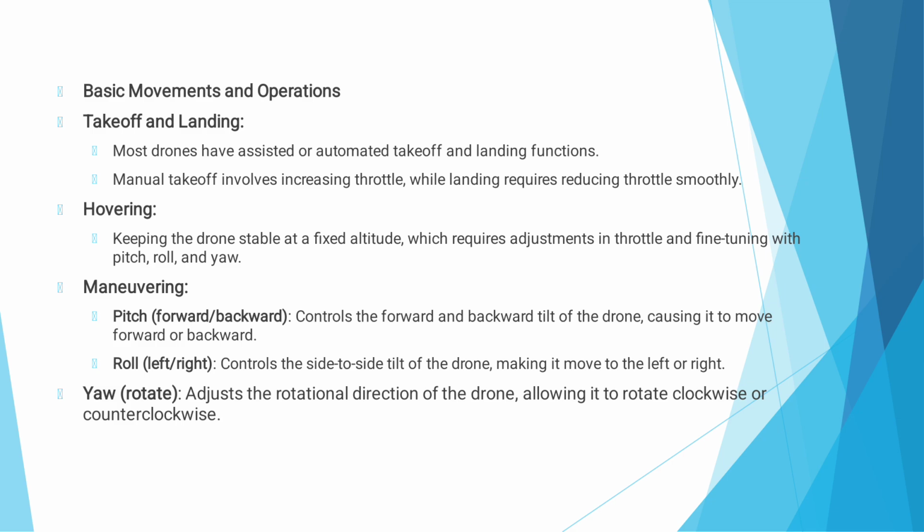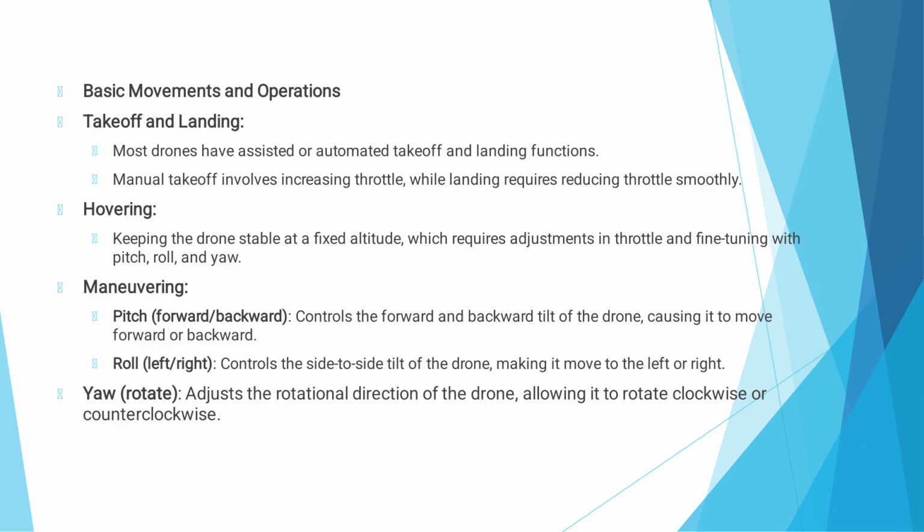Takeoff and landing. Most drones have assisted or automated takeoff and landing functions. Manual takeoff involves increasing throttle, while landing requires reducing throttle smoothly. Hovering, keeping the drone stable at a fixed altitude, requires adjustments in throttle and fine tuning with pitch, roll, and yaw. Maneuvering. Pitch forward and backward controls the forward and backward tilt of the drone,